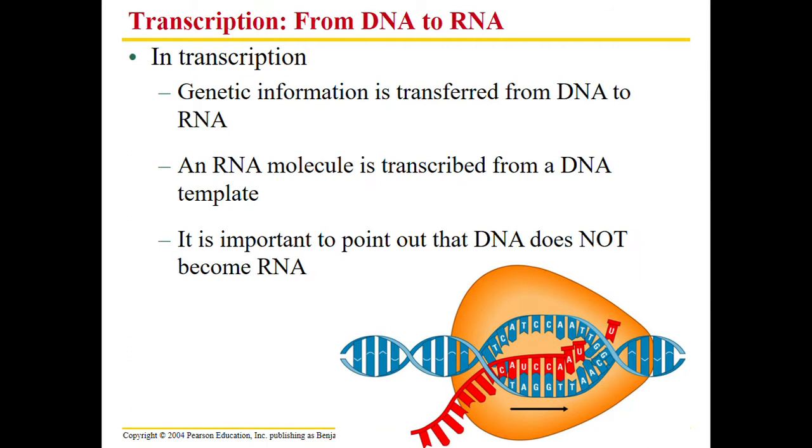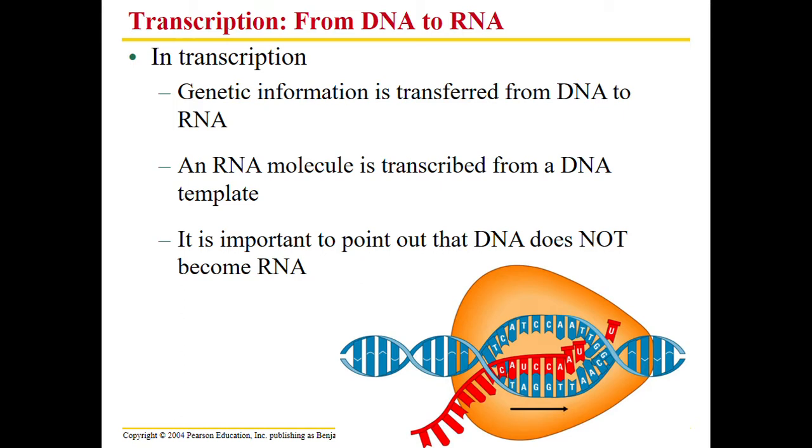In transcription, we read those nitrogenous bases, or nucleotide bases, and we make an RNA template. We don't move DNA over and have it become RNA. We open up the DNA and we make matching RNA, because remember, they're different structures. They've got different sugars, deoxyribose in DNA versus ribose in RNA, and they've got different bases, with the U versus the T. And this here is a nice little view of